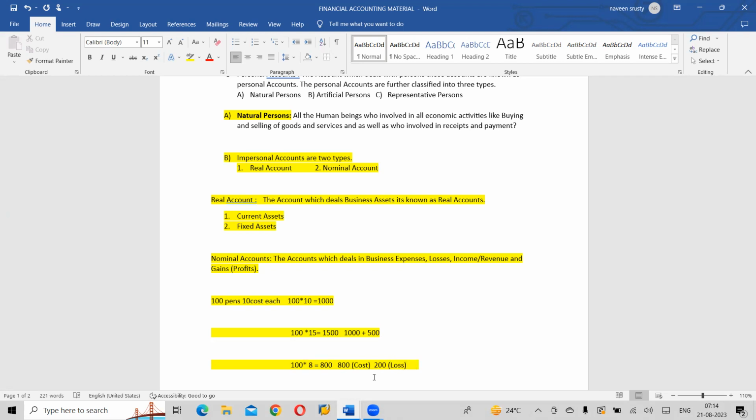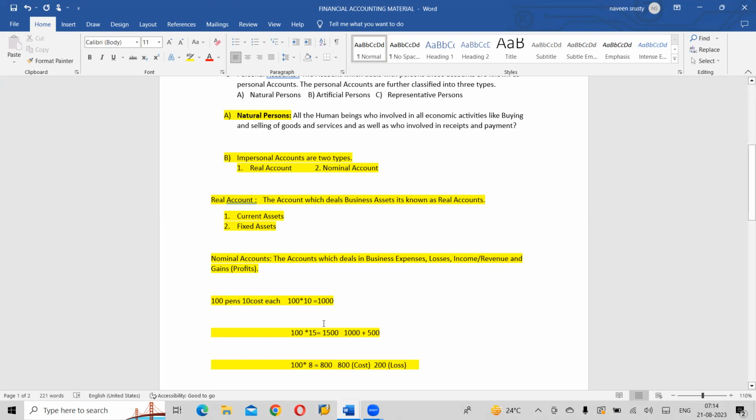Understood? Whenever we talk about revenue or income, people may think differently, that revenue means it is inclusive of our profit. No, it's not. Whatever total amount we receive by selling goods or services, then that is considered as a revenue or an income. Clear? But that may sometimes include profit, and sometimes include loss also in that revenue. Hope you got my point. Yes, Naveen.